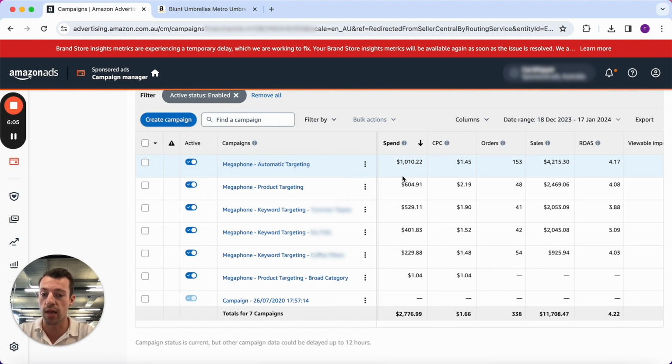Again, the important thing is that you start with a narrow approach where you have an automatic targeting campaign, a product targeting campaign, and a keyword targeting campaign. But then from there, you want to build it out. So you might have an initial list of keywords that are working well, but once you start seeing other opportunities, whether it's through the automatic targeting campaign or you do further research and find more keywords, you want to put those into their own keyword campaigns so that you, as I said, have more control over the budget, over the bids for each keyword, and how you can actually scale that. So it is a bit complex, but it's a really, really good system